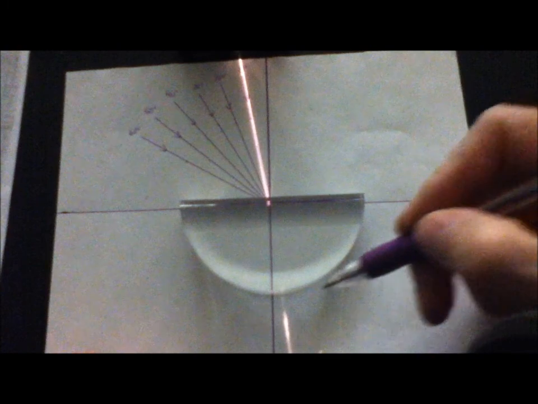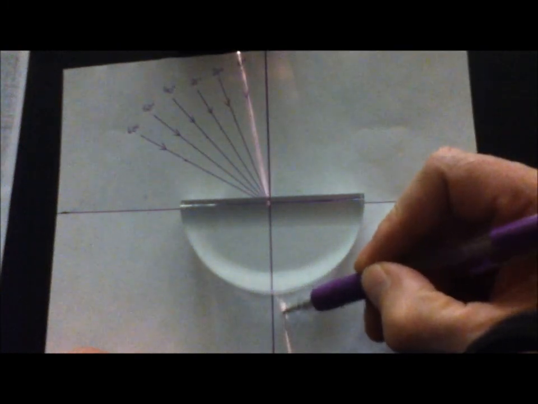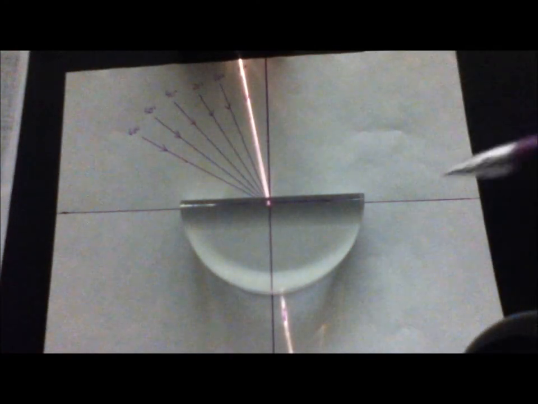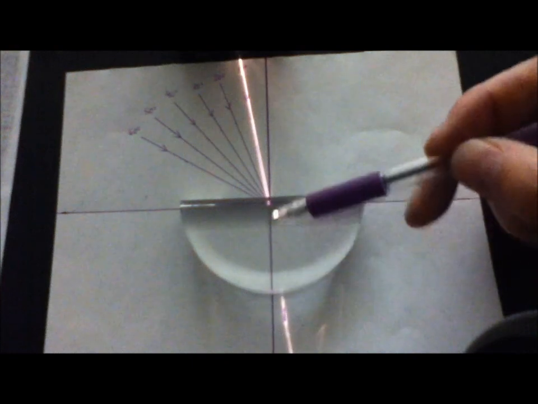Now, if we send light through here at 10 degrees, and we got to adjust it a little bit so we're getting that to happen, then we want to trace out our refracted light ray here. Once we remove the prism, we'll actually use a ruler to bring it back to the point of incidence. Now we do the same thing for 20 degrees. Our angle of incidence is 20 degrees,